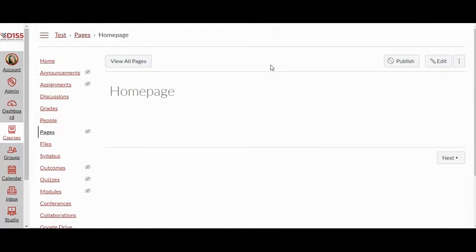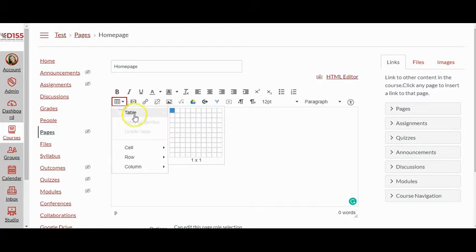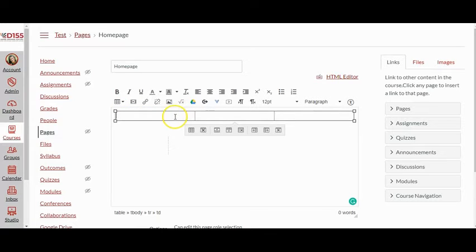Now that I'm on my blank home page, I'm going to click Edit. Here I can insert or I can type out different information. I can upload images. I'm going to start by making a table. So as you saw in my example home page, I had a table. For example, I have 3 units. So I'm going to make a table that has 3 columns where I'm going to upload different pictures to represent